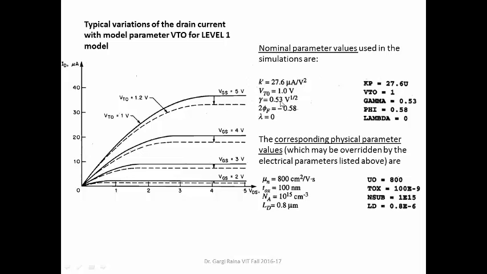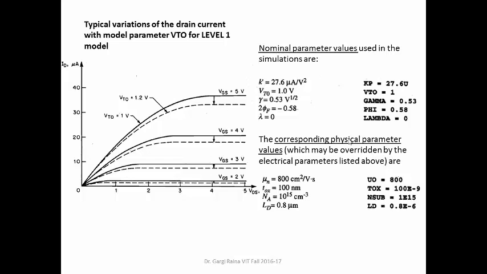Gamma is 0.53 root of V, which is just written as 0.53, and the surface inversion potential is given as minus 0.58, written as 0.58. Lambda is equal to 0, which is given here. The corresponding physical parameter